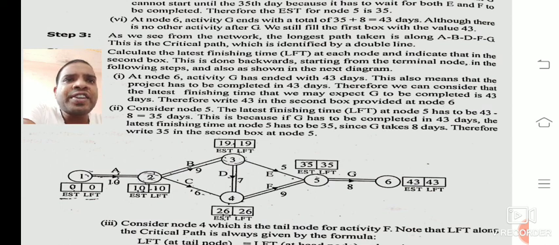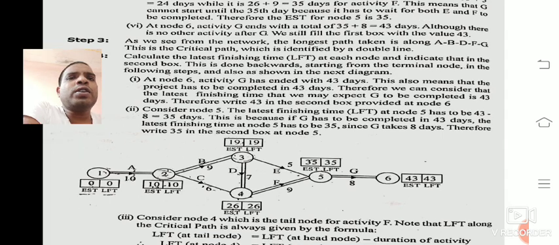We can represent it with a double line here. The activities that come under the critical path are activities A, B, D, F, G. C and E are not included here.